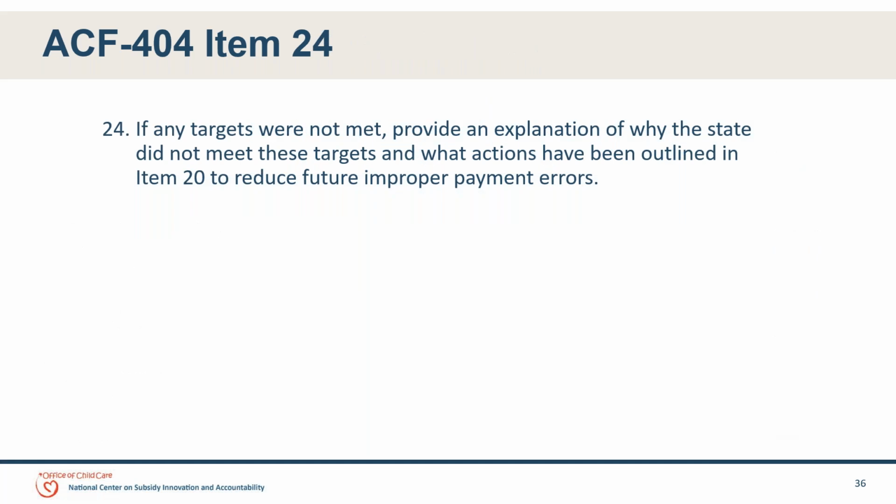And also still thinking about the targets. In item 24, you'll be comparing your current cycle data to the current cycle targets. If any were not met, let us know which ones were not met and describe why they weren't met. Also refer to the action steps that were described in item 20, and how specifically those action steps will be used to address the areas where the targets were not met. If you did meet all your targets, that's great. You can just say NA or whatever for this item.